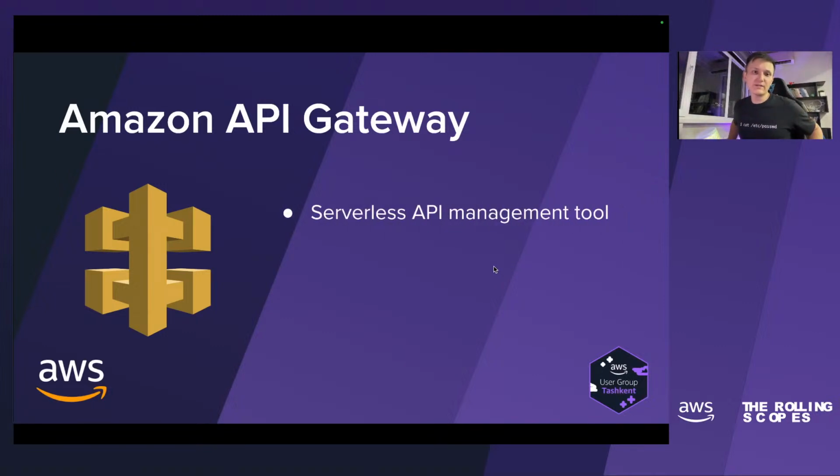And it is Amazon API Gateway. API Gateway is an API management tool, which we will use for our today's workshop. So basically, it enables us to expose our resources to the internet. Yes, and it could be imagined like the front door of your APIs, of your applications, which are accessible from external resources from the internet.